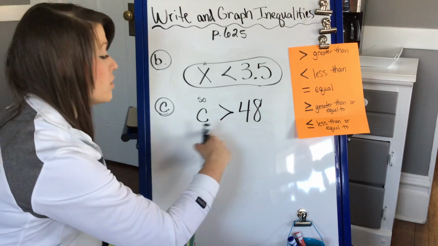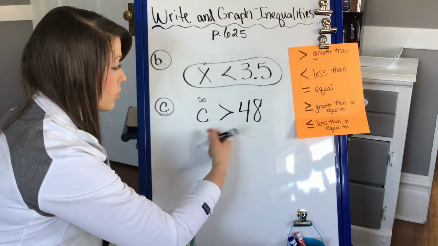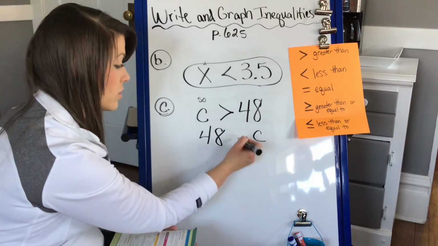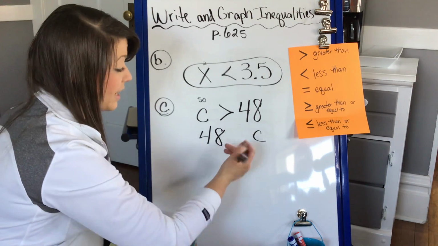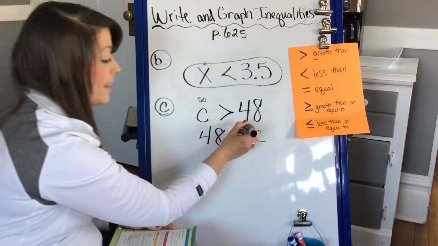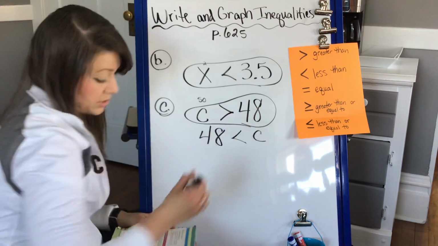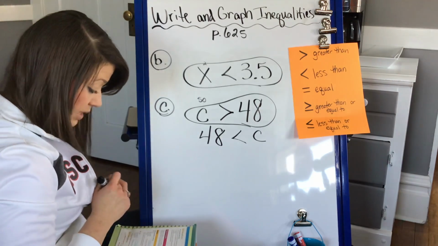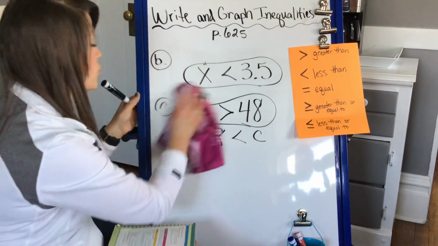Now, a student might say, well, I put them in opposite order. Could I have 48 and x like this? Sure. Then that would just mean if you switch sides, your symbol's also going to switch. Typically, you're going to notice the variable comes first, but if you did it the other way, it is still correct. All right, last one is letter D, and this is the one that's probably the trickiest because